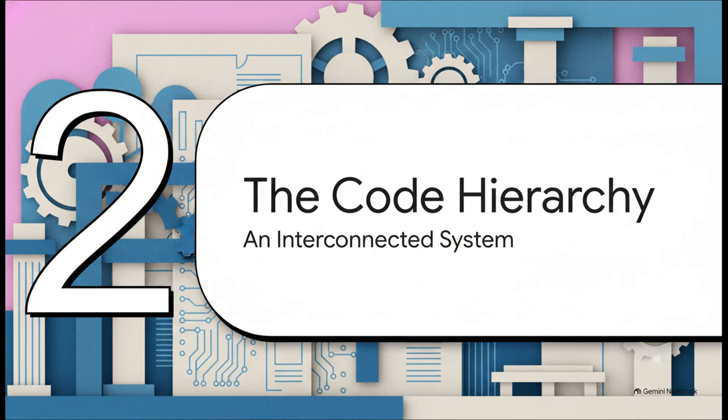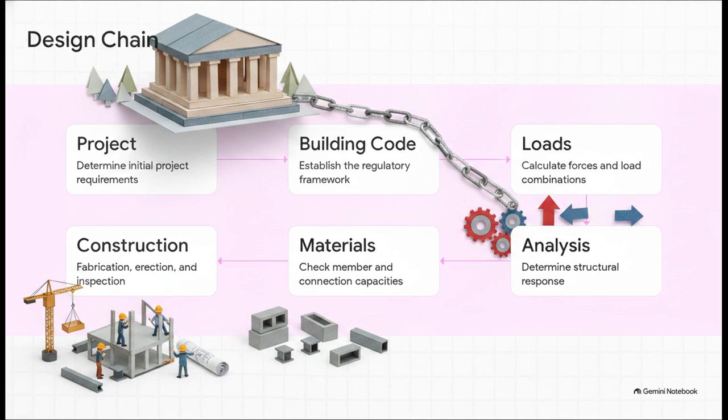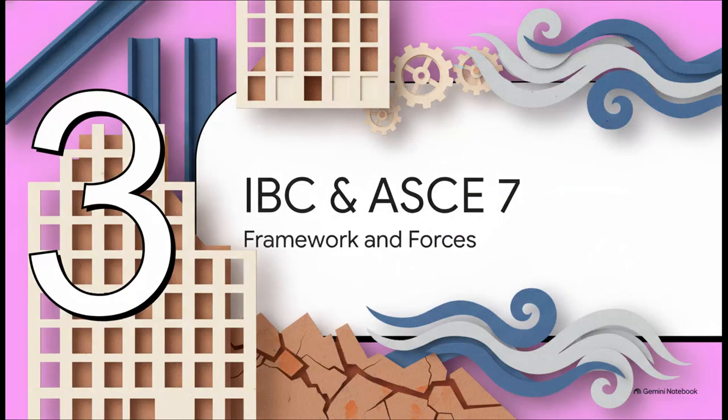That brings us right to Section 2, the code ecosystem hierarchy. You see, the American code system isn't just one massive 1,000-page book you have to memorize. It is way more like an interconnected building with several levels, and you navigate it from the top down. It's a literal chain of decisions. You start with the overarching building code. That dictates your loads. Those loads drive your analysis. That analysis leads to your material design and finally, construction. The higher-level codes act just like a map, telling you exactly where to look next. Let's transition over to Section 3, where we'll look at the top two levels of our hierarchy, understanding IBC and